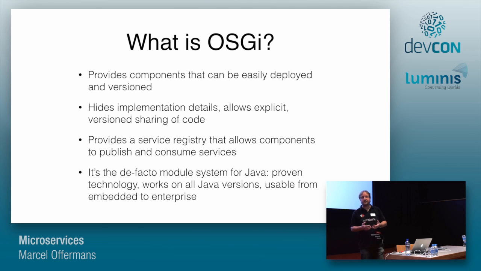And not only do you have to be explicit, you also have to version them and make sure that you have some kind of semantic versioning in place, so that when things change, that reflects in a change in the version number. And maybe one of the most important aspects of OSGI is that it provides you with a service registry. So the standard way for different bundles or different components to interact with each other is through services. And by default, the service registry in OSGI is local to the single JVM that's running the OSGI container.